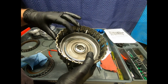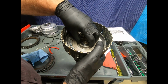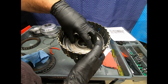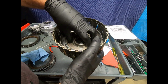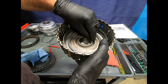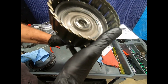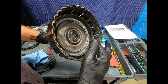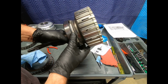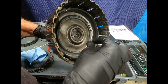Okay, here we've installed our D-type rubber sealing ring and our two O-rings there for the piston, the diaphragm spring, and then we talked about this second section right here is going to be fed lubrication oil, and during the action of the clutch actually spinning, centrifugal force that would be working on trapped fluid between the piston and the drum is going to be counteracted by centrifugal force between